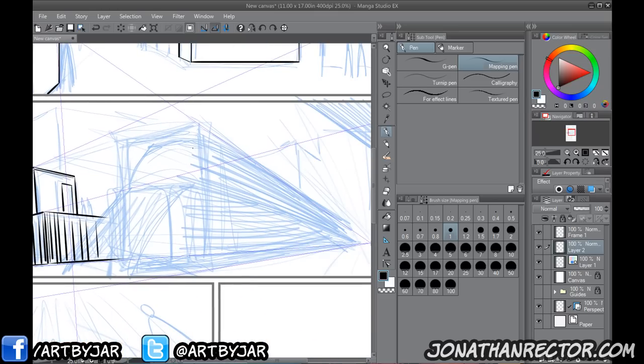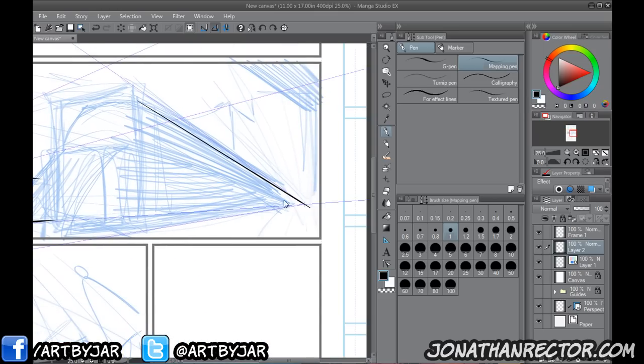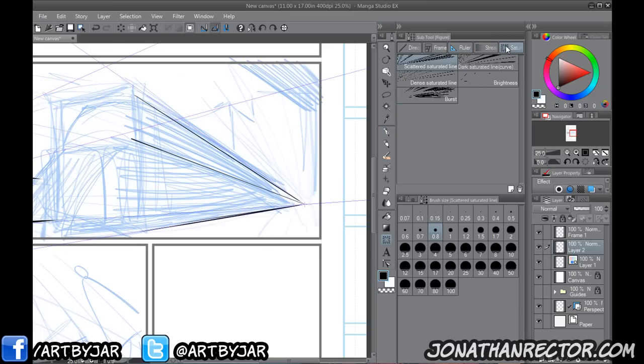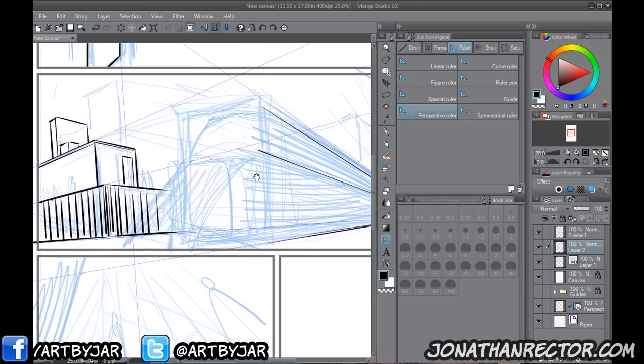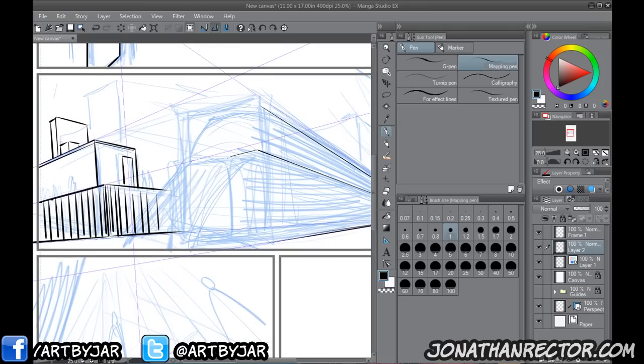Okay, so let's get the side of this train or whatever this guy is. I don't know exactly what this is. I like to work in Manga Studio 4. There was the same tool here, the ruler, the saturation ruler. You can get these speed bursts. I don't really like it so much in this version. I really liked the Manga Studio 4 version, but I'll show you what I do here real quick.